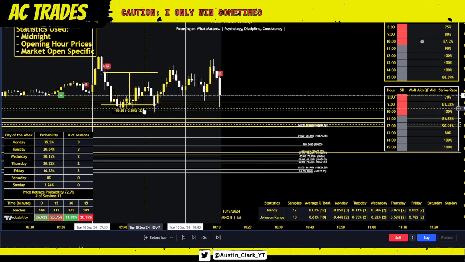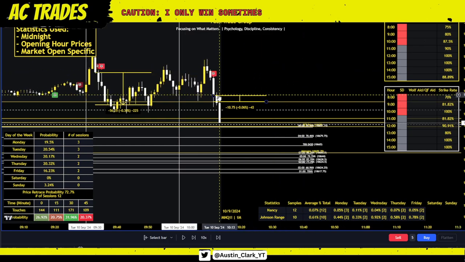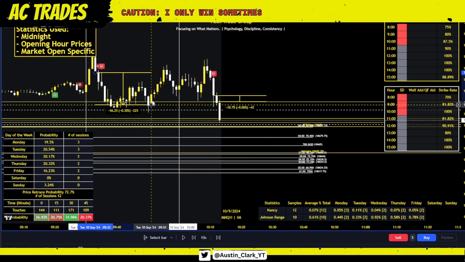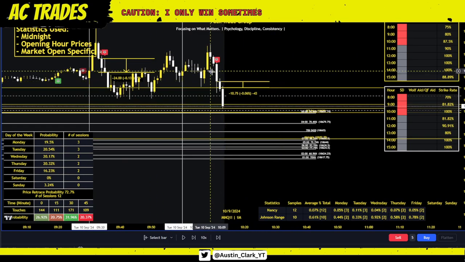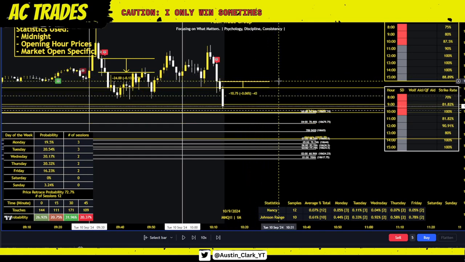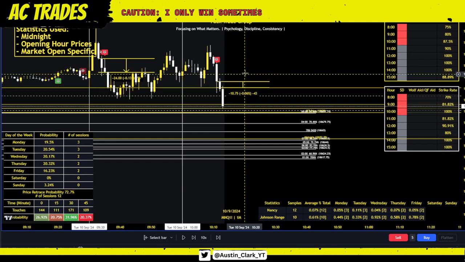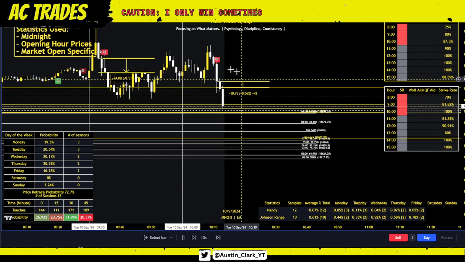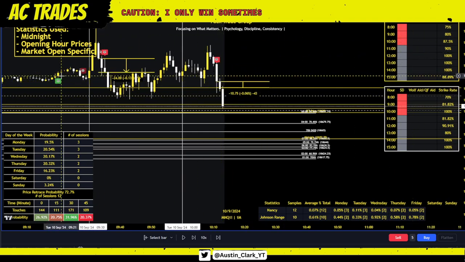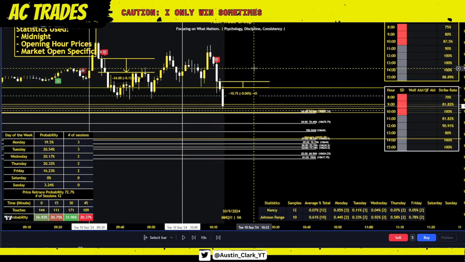Okay, and so then right here, 10 to 11, 0.05%, 10 points. Again, this is why I foam at the mouth for 10 points and 25 points, because I don't have to sit here and try to capture this whole move. I can easily, with a cash account, prop account, eval account, whatever, 10 points is still 10 points, right? And then I tailor my risk to whatever we see here. If I see that we're overextended still above all of this data, I'm putting on more risk on my minis here, because I use minis with my distribution trades.